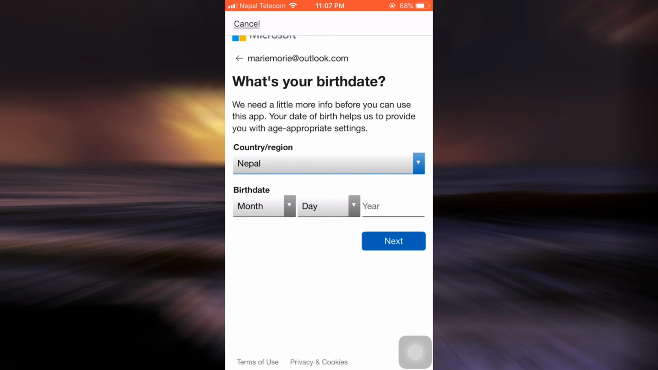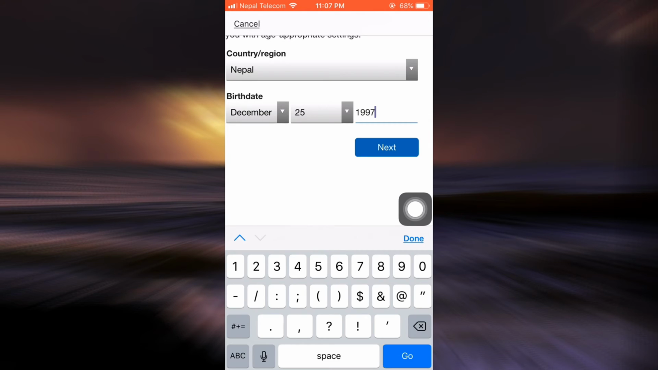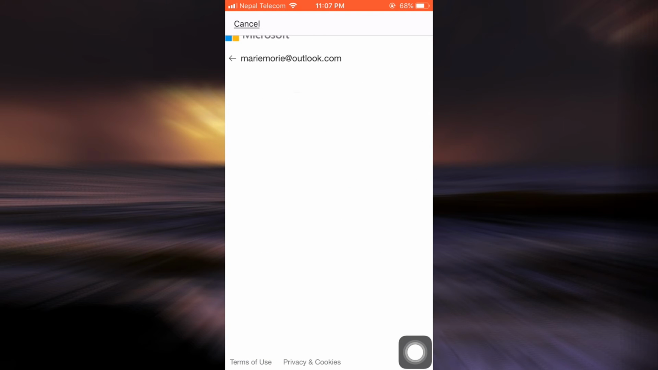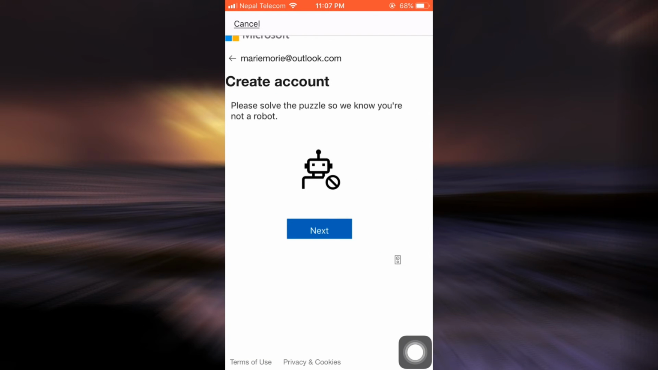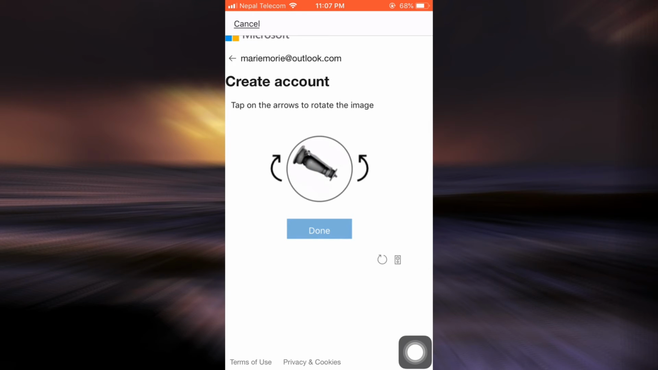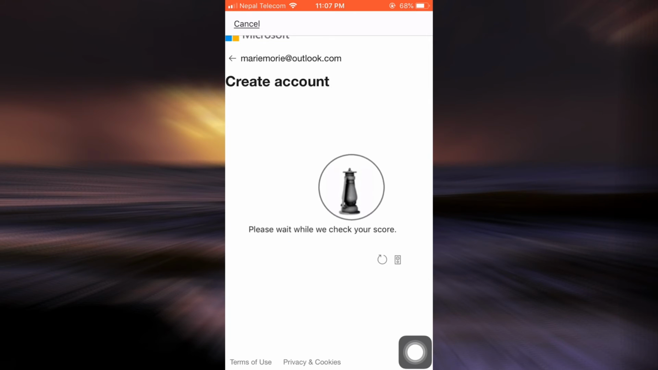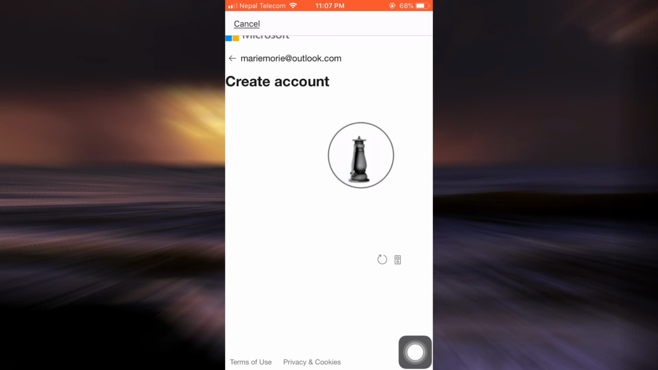Now here you'll have to choose your birth date and also the country or region. The country and region for me is set by default, so I won't have to do it. Here I've just given in the correct credentials for my birth date and then tap on next. And now what you have to do here is solve the puzzle so they know that you're not a robot. So tap on the next button. And now you can simply start to solve the puzzle, and after you're done doing this,